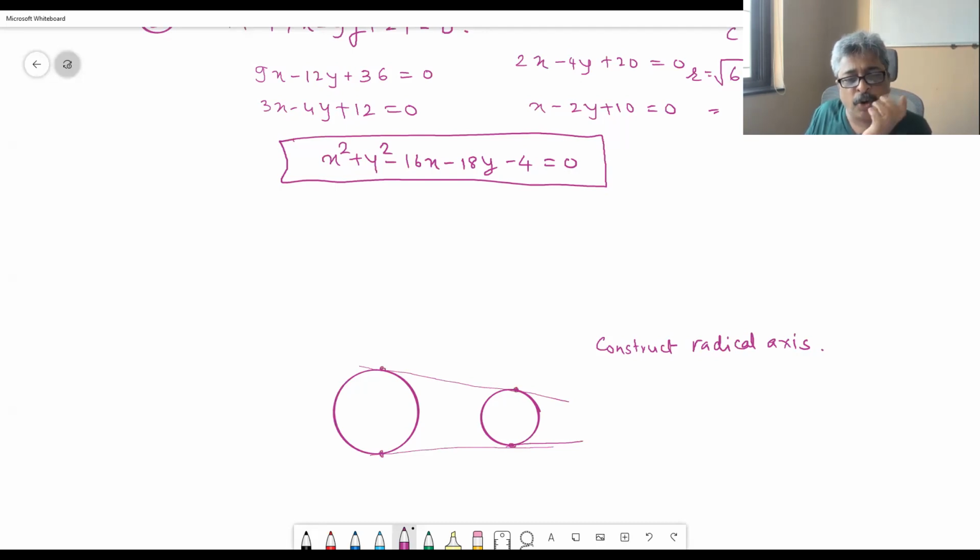Now you want the power with respect to this circle and this circle to be the same. Therefore, the point must be the midpoint. This midpoint must lie on the radical axis, because every point on the radical axis will give power with respect to circle number 1 and circle number 2 exactly the same. Therefore, M1 belongs to the radical axis. M2 belongs to the radical axis, and therefore M1M2 is the radical axis of these two circles. That is one way of doing it.